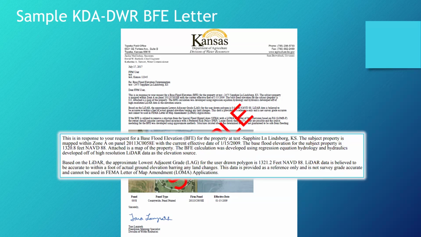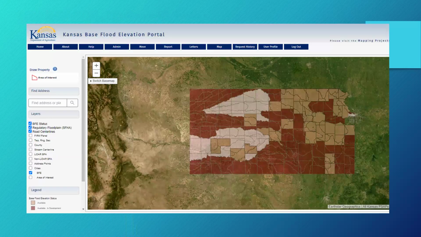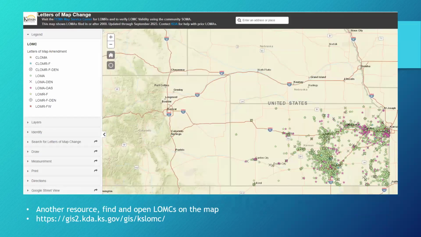That's just a close-up of some of the language that we use. This shows you where we have data. This may have been updated, but I know we have statewide base flood elevation or base level engineering. We also have a map viewer that shows you the letters of map change. They aren't outlined by like the metes and bounds description. That would be helpful, but we at least have